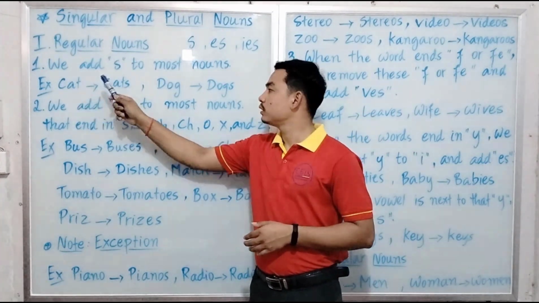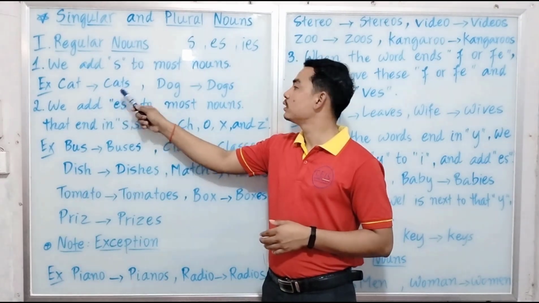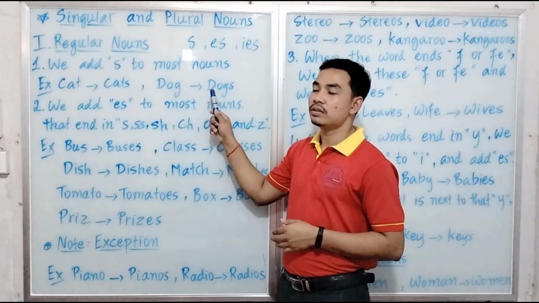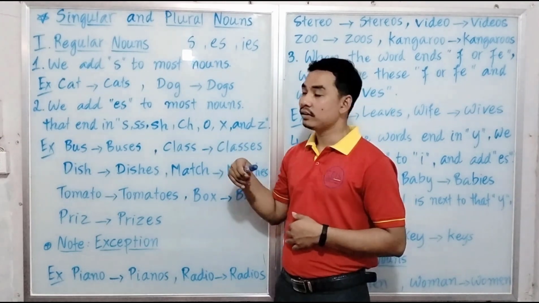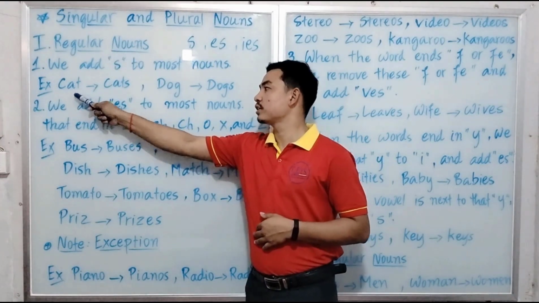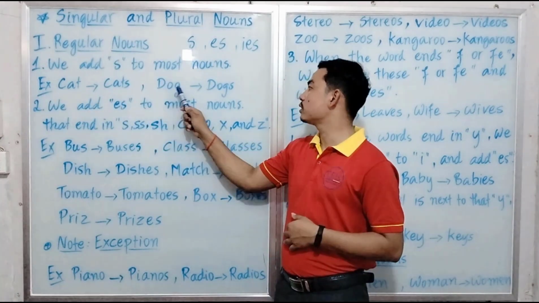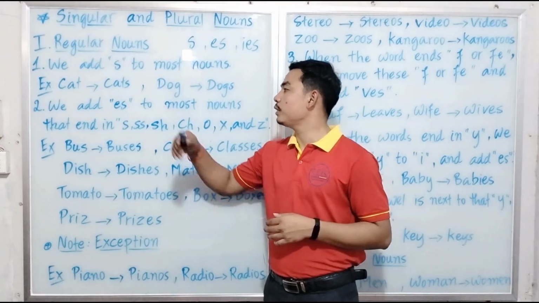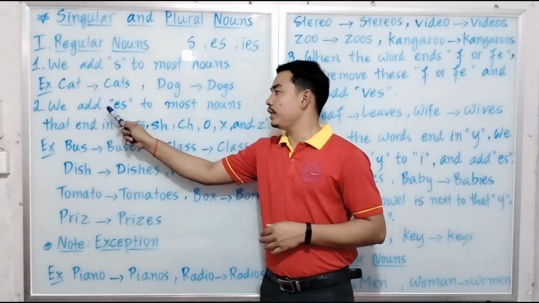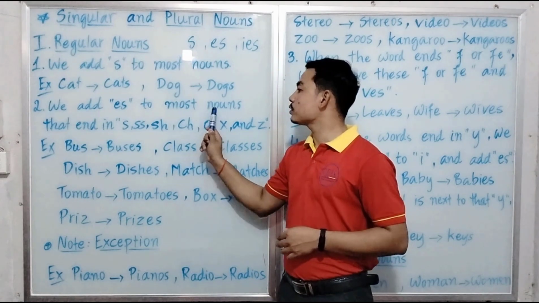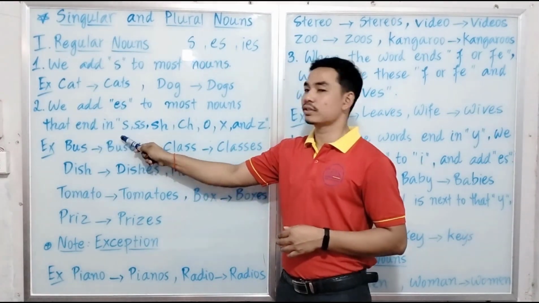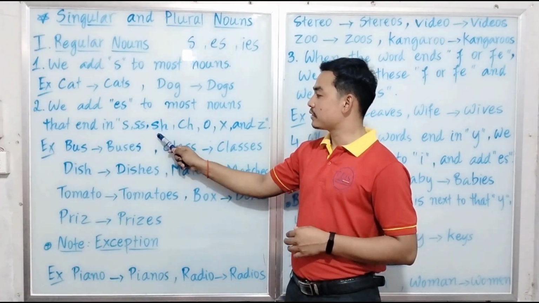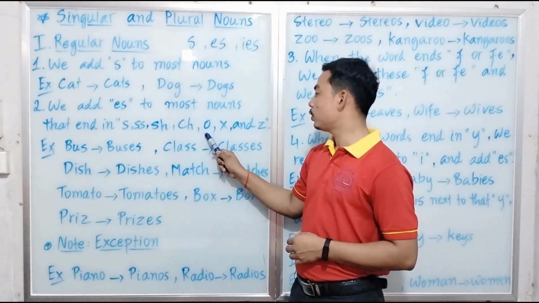Cat, cats, duck, ducks. Again, cat, cats, duck, ducks. Second one, we add ES to most nouns that end in S, double S, SH, CH,